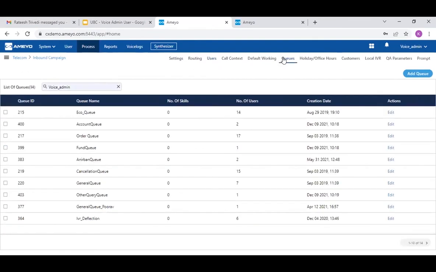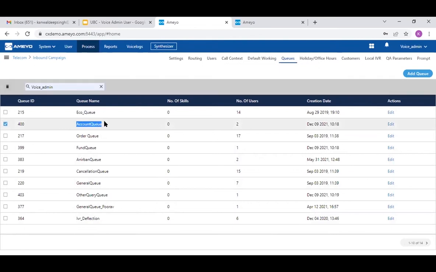Also, you can design your queues. Queues can be defined based on various parameters, let's suppose a language parameter or a department parameter. Based on this parameter or any kind of parameter, you can design a queue. On this particular system right now, you can see that we have defined these particular queues. Let's suppose this is on the department parameter.